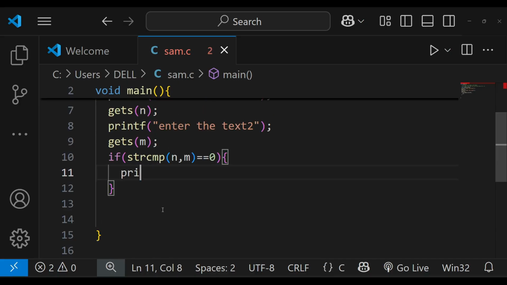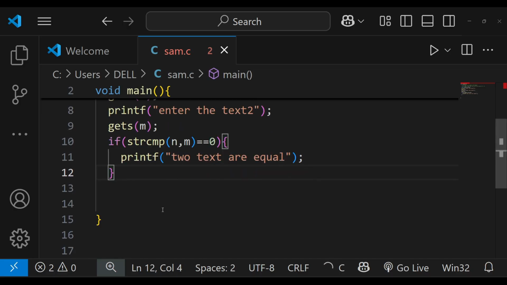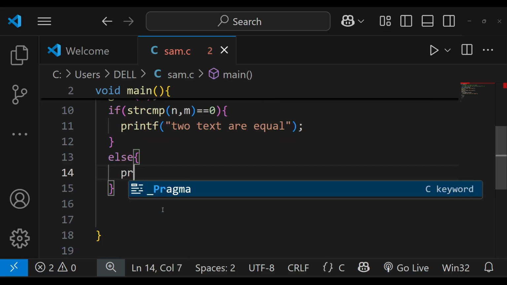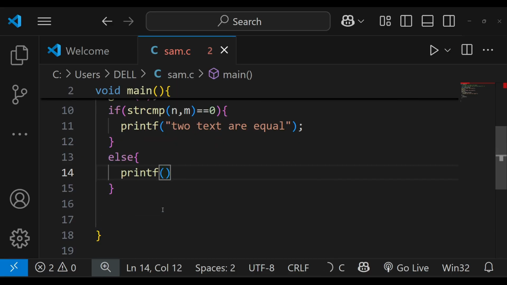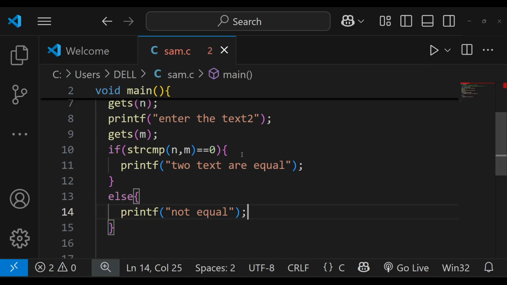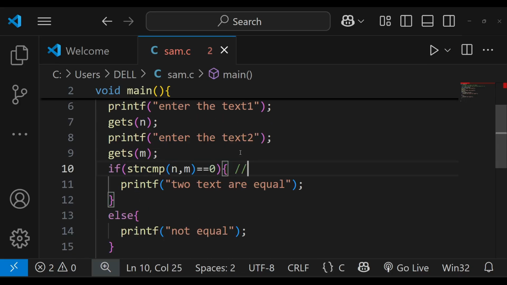So we say printf("two text are equal"); with the semicolon. And if they are not equal, then we have to put an else statement here and we will say printf("not equal"), or whatever you want to put, you can put "strings are not equal" or something like that, with the semicolon. That's it. Now you have to remember always and always this thing: if both texts are equal,